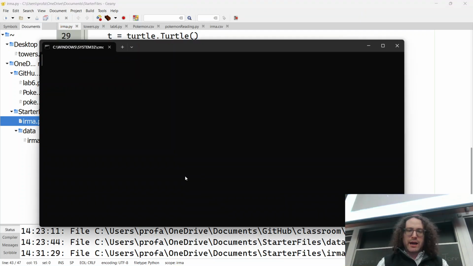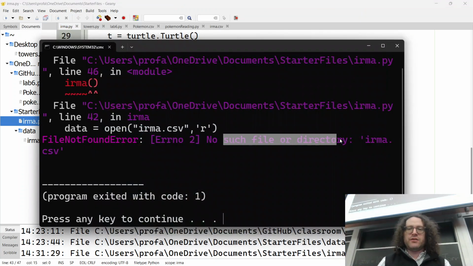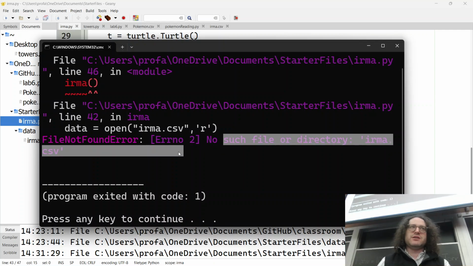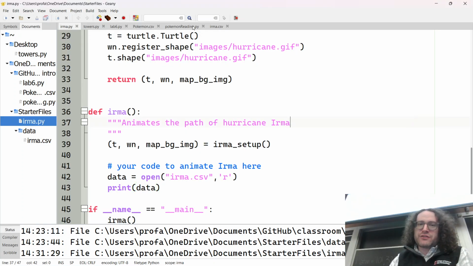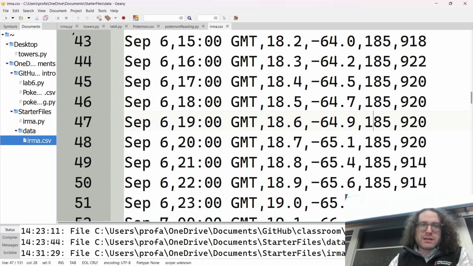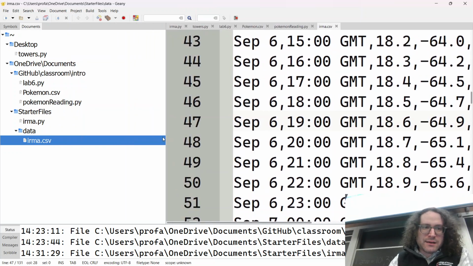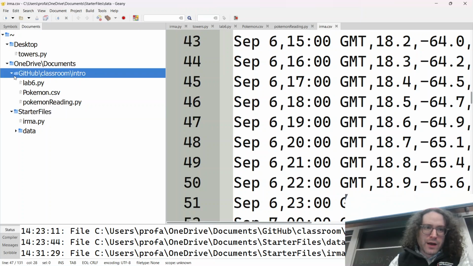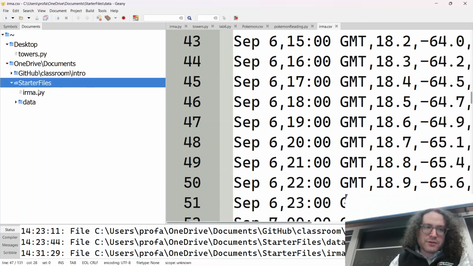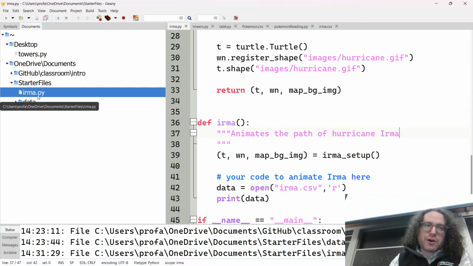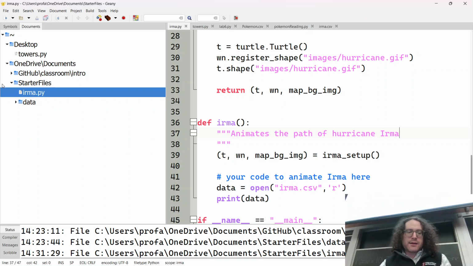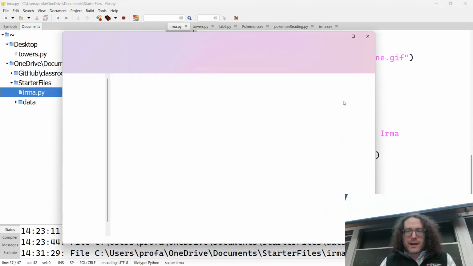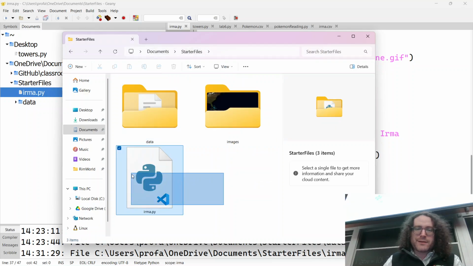And we run it, and we get an error. It will say, file not found, no such file, irma.csv, which is bad because that would be an instant 0 if you were demoing it. Now, you're like, but there's a file here. It's called irma.csv. But the difference here, we can see over here on the side in our starter file folder, we've got irma.py, and I mentioned this on Tuesday. Irma.py is here,